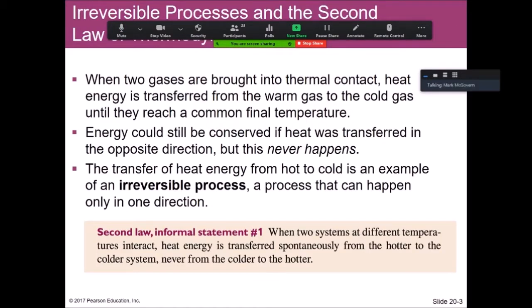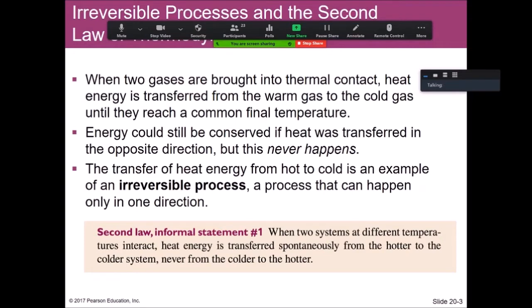Okay, now, this process, though, is what we call an irreversible process, meaning it cannot spontaneously go in the other direction. If I want to make the ice cooler than minus 20, I can do that, but it's going to require me to do something to the system that ultimately will result in a lot more energy being used in the process. And so the statement of heat transfer from hot to cold, irreversible processes, these all kind of go hand in hand with each other.